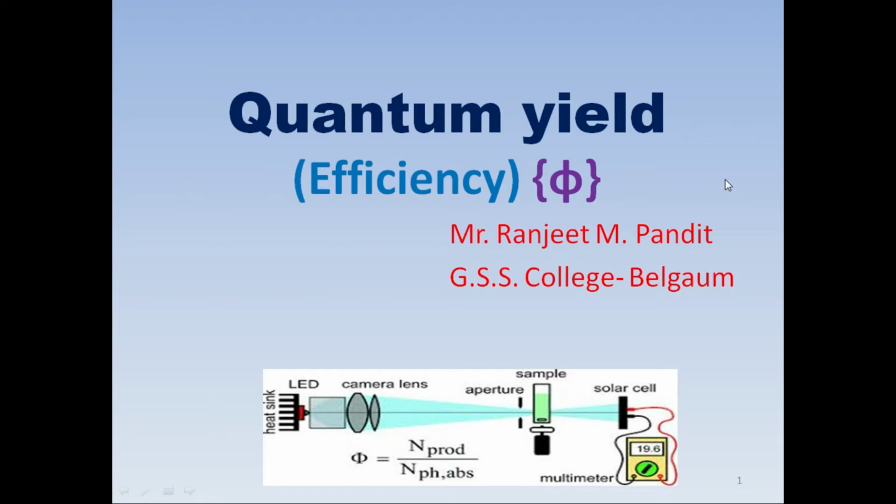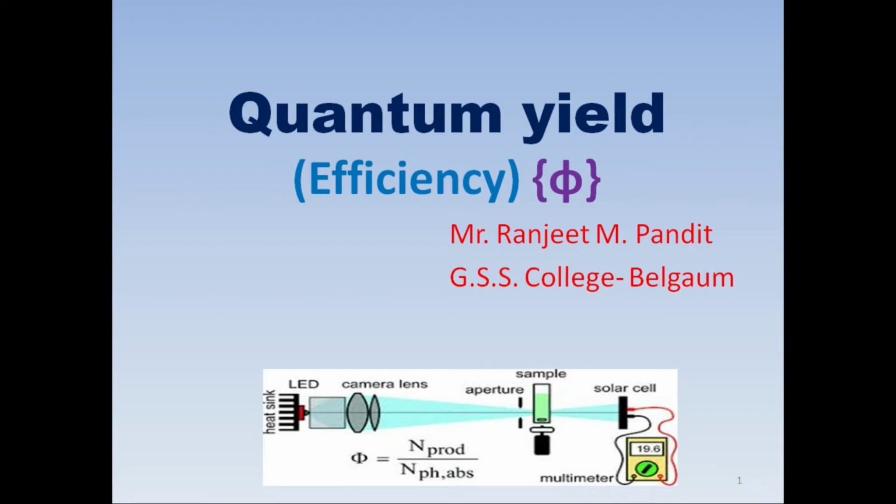We are learning photochemistry, and in photochemistry we are interested to know how a chemical reaction takes place in the presence of light. The efficiency of these photochemical reactions depends on what quantity of radiation will cause what quantity of reactions. Based on that, we measure the yield, which is commonly called quantum yield or quantum efficiency. So in today's session we are going to learn what is meant by quantum yield or quantum efficiency, and how it is determined.